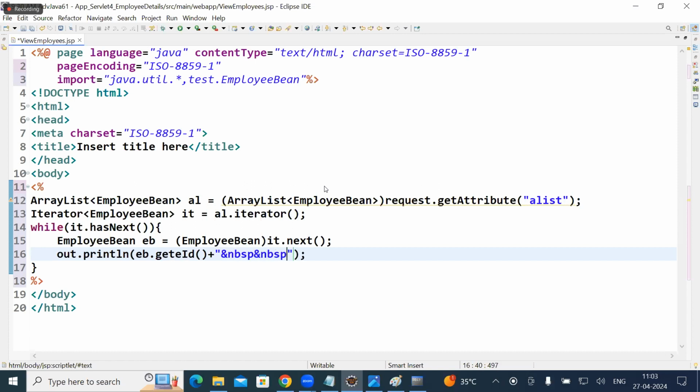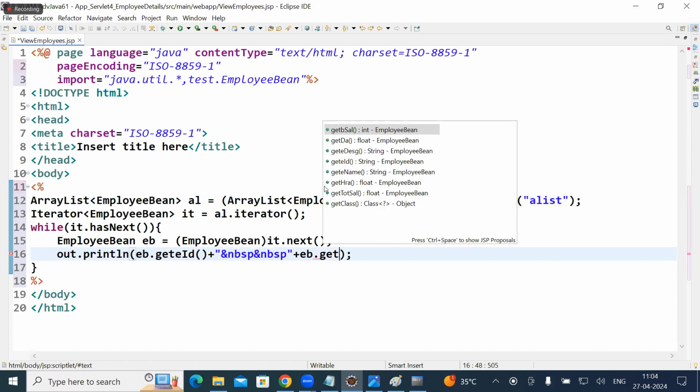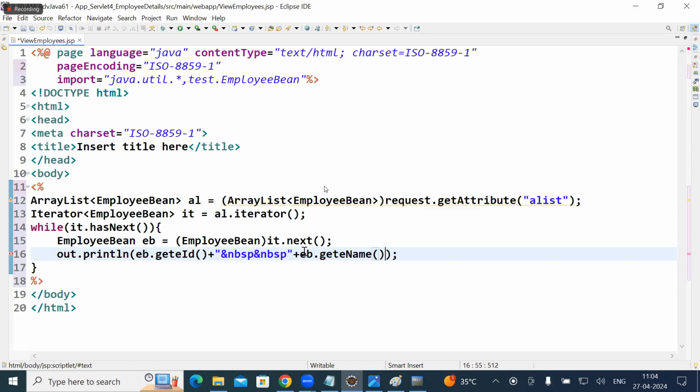What is nbsp? Space in HTML, right? Now EB dot getEmployeeName,